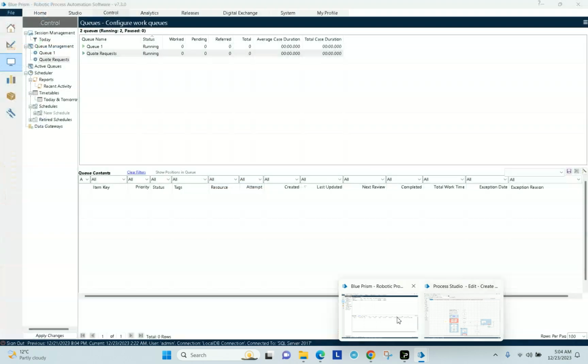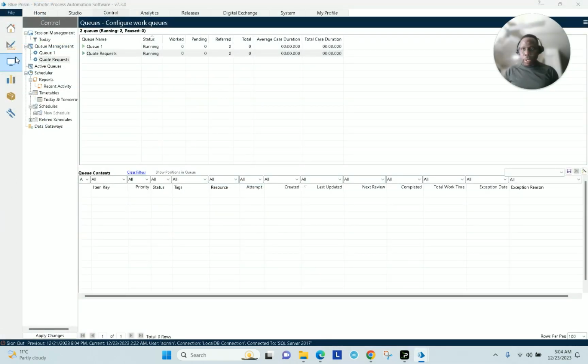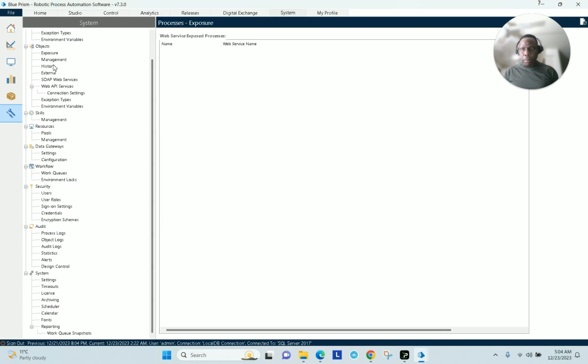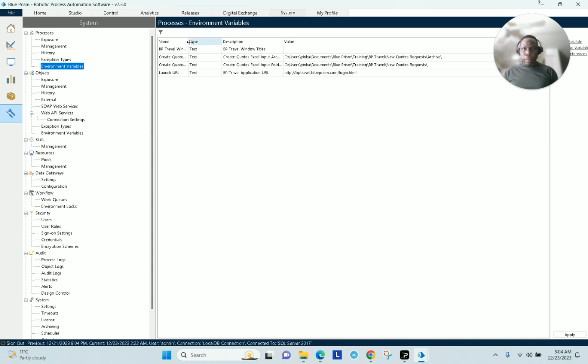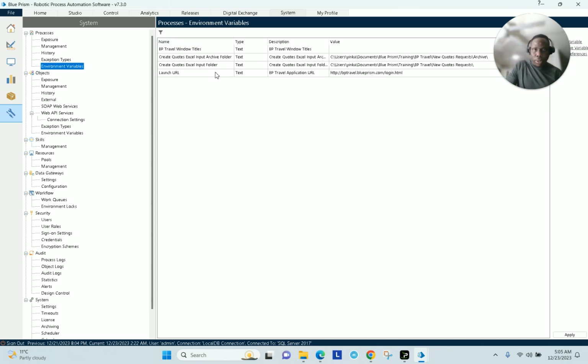preparation for the exercise. Typically, you find those in the system, processes, environmental variables section. And what you do is any variable that has the potential to be shared by multiple processes is better off placed in such a place. Or if it's something that you might need to change at some time in the future,